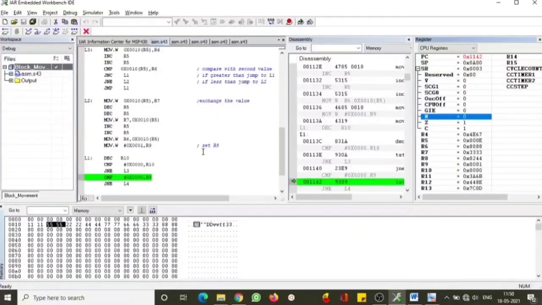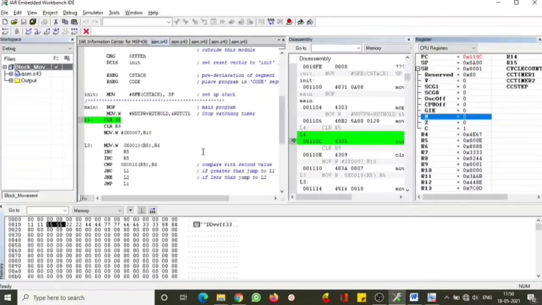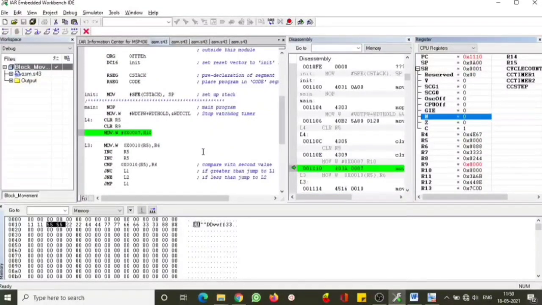Compared R10 is now reduced, therefore it will come down to the value here, that is R9. R9 will be compared with 0. Still it is not 0 because we have not completed all the counts. Now it will go back to again resetting R5 and R9, meaning one set of complete comparison has been done. So if you observe, 8888 has come to the maximum, that has come to the bottom.